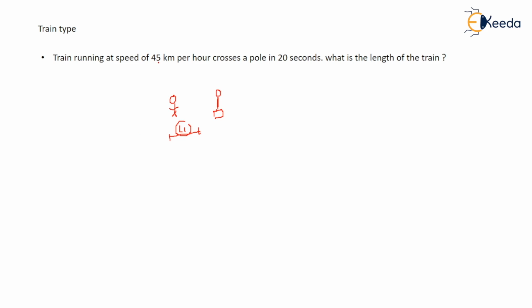But you can see here the speed is in 45 kilometer per hour, and here it is crossing in seconds. So it is in kilometer per hour, so you have to convert it. So 45 kilometer per hour, you have to convert in meter per second. For meter per second, what I told you, 5 by 18, right? Smaller quantity you have to divide. So you do that, and after you do this, it comes out to be 15 again by 3, this comes out to be 5, this comes out to be 2, then the answer is 25 by 2. This is speed in